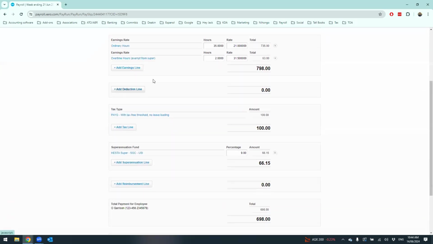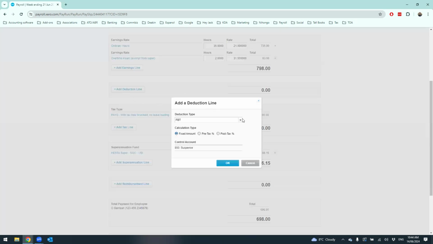Moving on to deductions. These are not as common in a lot of pay runs. However, it's still important to understand what we use this for. If you need to add a deduction other than salary sacrifice super, this is where you do it. So you'd click add deduction, select the type of deduction, pre-tax, post-tax, for example, and then you can choose the